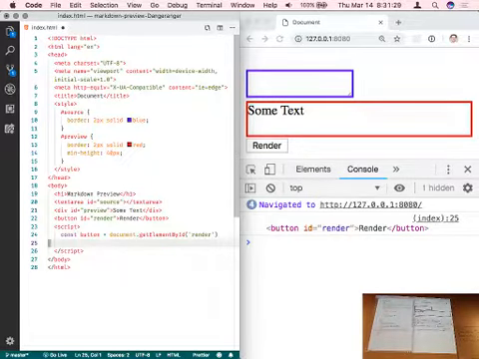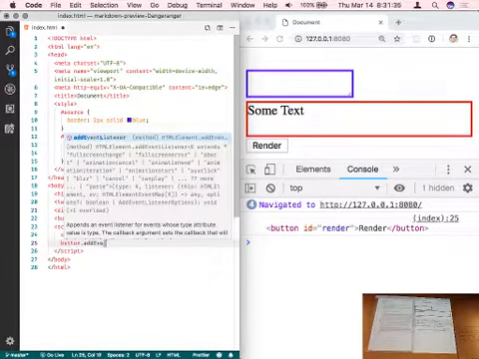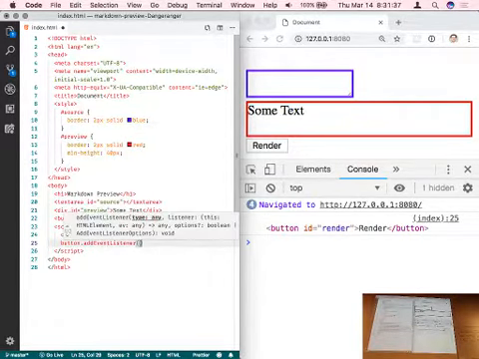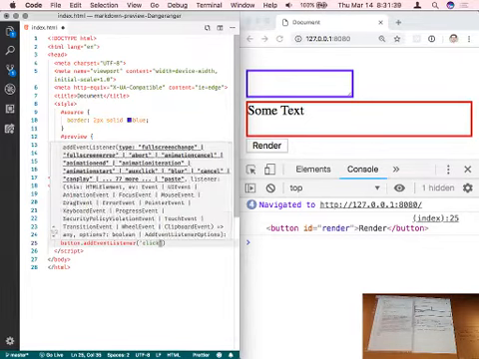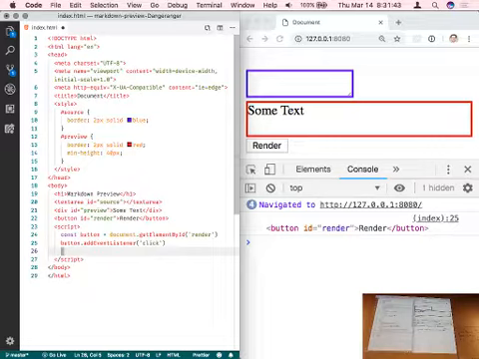I can get rid of that console.log now, and instead I can do something with this button. What I want to do with it is add an event listener to the button, and the event listener that I want is click. All right, and when I click on the button, what I want to be able to do is